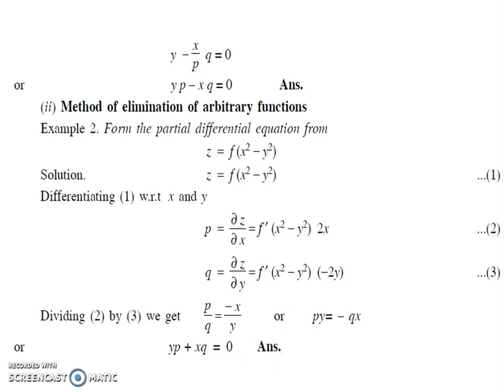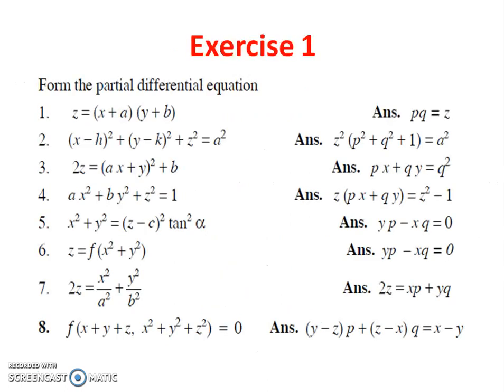So on the basis of these two methods, you have one exercise, and you can practice it. Here you can see these are related to elimination of arbitrary constants, elimination of two arbitrary constants a and b. Similar is the case here, a and b are the arbitrary constants. Here the arbitrary constants are z and alpha, and here is the case of an arbitrary function. I think it's a repeated case, but unlike the example, where it was x square minus y square, it is x square plus y square. So again it is the elimination of arbitrary constants, and again it is the elimination of an arbitrary function. So you can try this exercise.